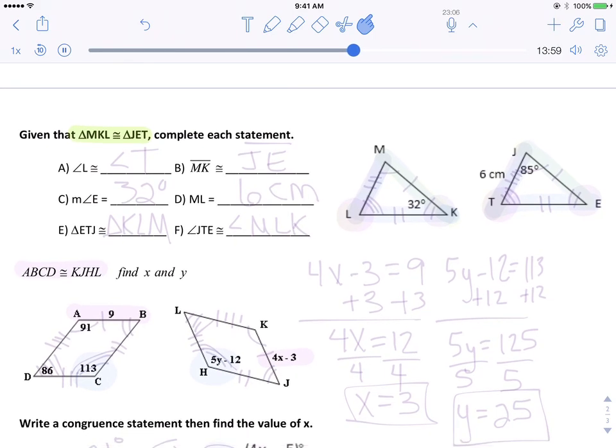So again, I can read this statement and I can say M is congruent to J, K is congruent to E, and L is congruent to T. And we know that because of the order in which the congruent statement is written. Then I know that MK is congruent to JE, and KL is congruent to ET, so that leaves these last sides congruent to each other. So once I do my marking